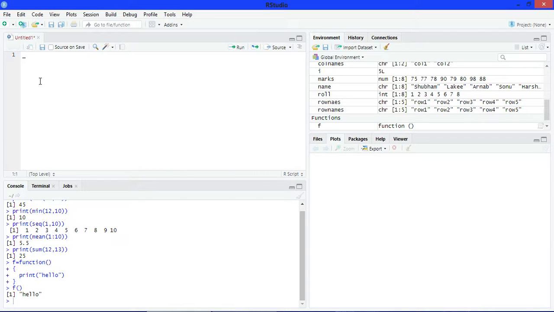A function gives output only after calling, so we have to call a function to use it. Now see another example. Here we will find the sum of two numbers and pass parameters to our function. See, pass here two parameters.